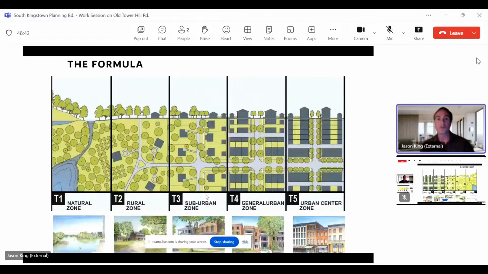It's just a question of what and to what scale. And a little bit more on this topic, the form-based code creates variety by creating different zones, different transects. You see that the T5 urban center is denser, and then there's a general urban area, the T4. That's where we stopped in South Kingston. All we needed was essentially a T5 and a T4. We didn't go as far as the T3 suburban zone or to regulate it even further. All that's necessary in a commercial infill situation is usually the T5s and the T4s.